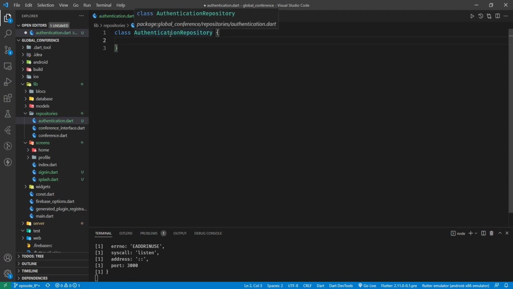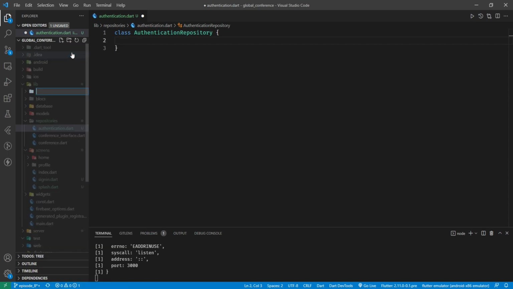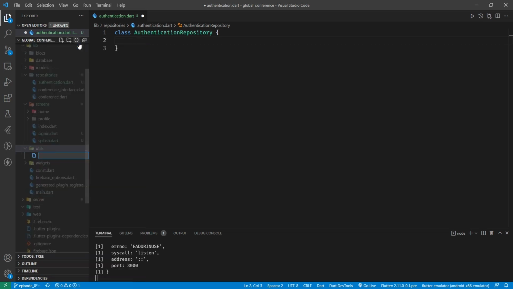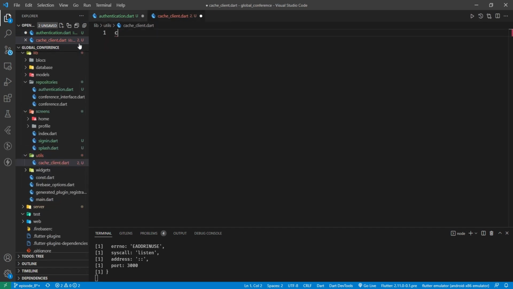Now for this to be efficient, we're going to have to hold some stuff in memory, and we really shouldn't be doing that in a repository. So I'm going to make a new folder in our libs called utils. In that folder we're going to create a new file, and we're going to call this cache client.dart, and this is going to be a class called cache client,